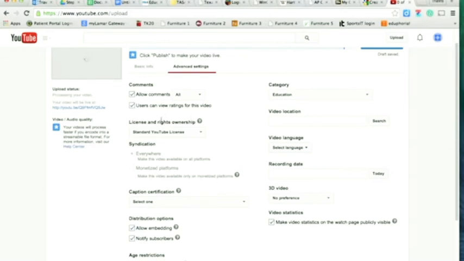So first of all, license and rights ownership. This is really important for us because I want you guys to get used to using Creative Commons licenses. So I want you to click the drop down box there, and I want you to click on Creative Commons Attribution. Alright? That's going to allow your work to be included in the Creative Commons,